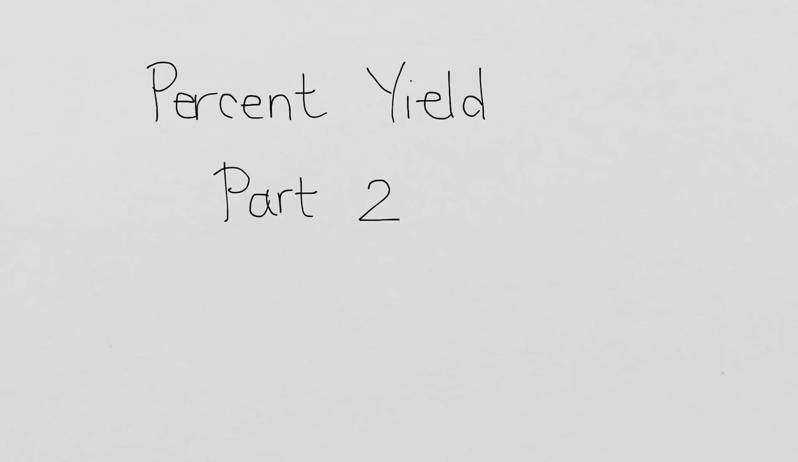So in the last video, we talked about what percent yield is. We talked about the equation to calculate percent yield. We talked about why actual yield often doesn't reach 100% and why we can't make the amount that we should be able to make in an actual lab. And we did this one question where we looked at the reaction of calcium carbonate